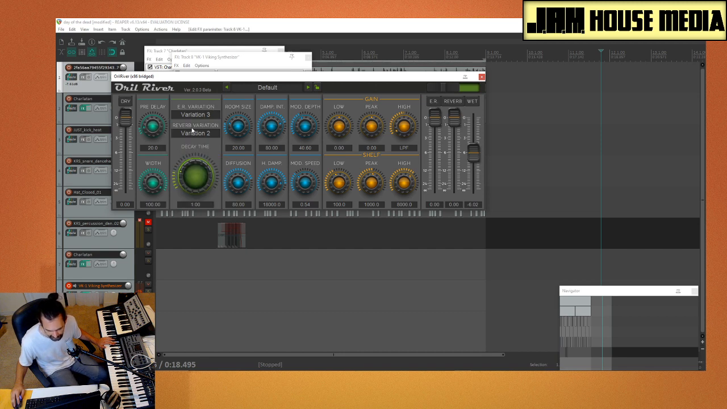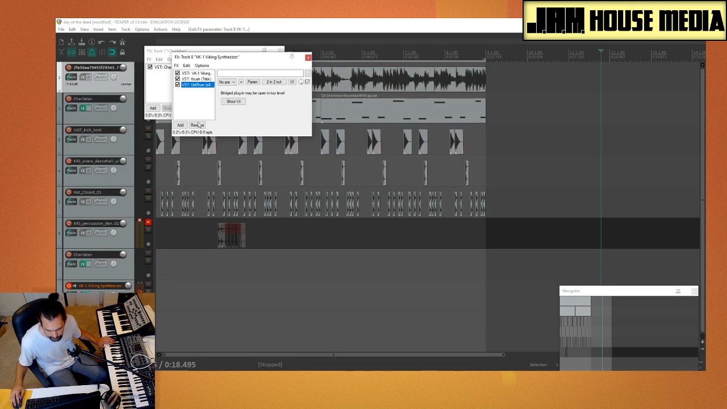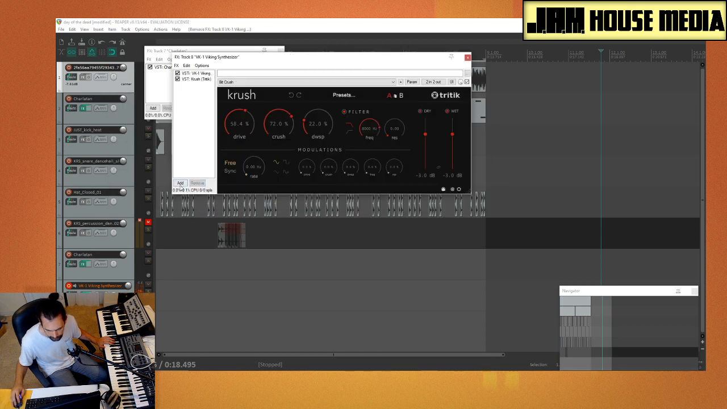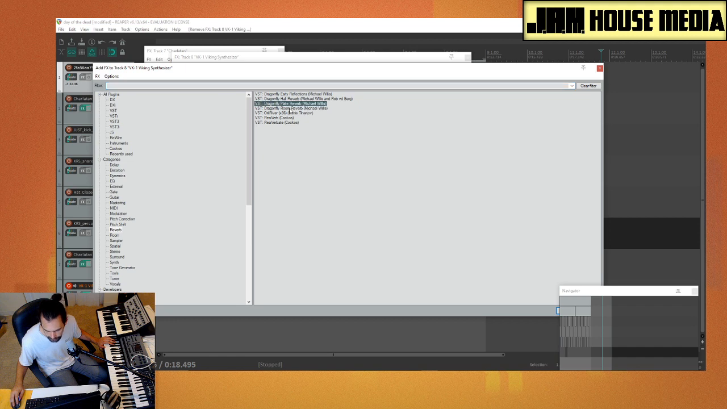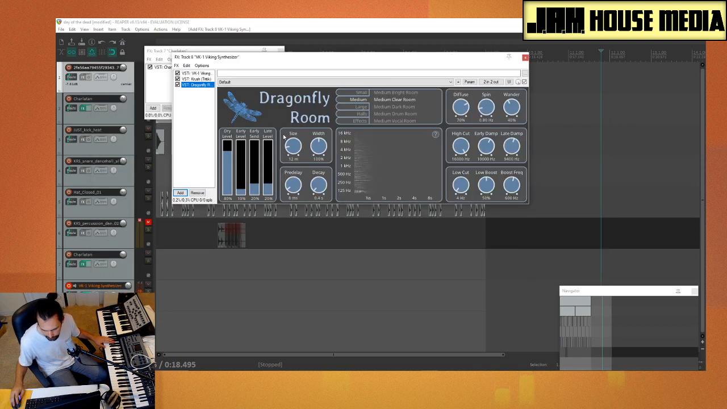And I assume these variations are just different algorithms, like hall or room, but then the room size can still be dialed in. But I was liking the Dragonfly ones, and I've mainly messed around with the hall one. I started messing around with the room one, and I was liking it, but